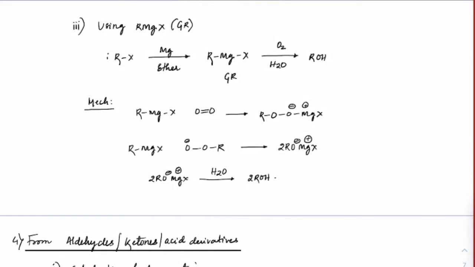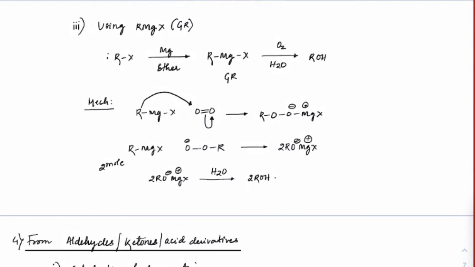Right, so we can see this is oxygen. R minus will attack the pi star orbital of oxygen, and this lone pair will shift onto this oxygen. So we will get ROO minus MgX plus. This kind of product can be formed here. You know that peroxy bonds, O-O, are highly unstable because of the huge repulsion between the lone pairs. Now if you use a second mole, this is the second mole which I am using, when I use the second mole here,